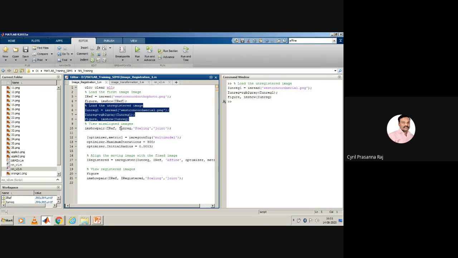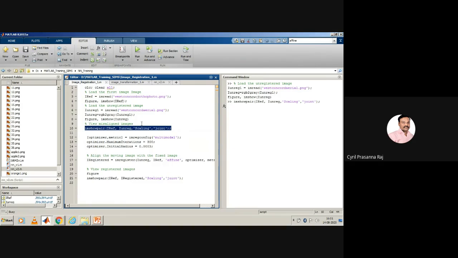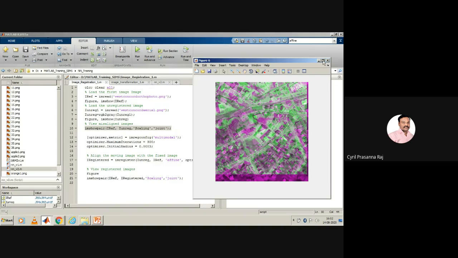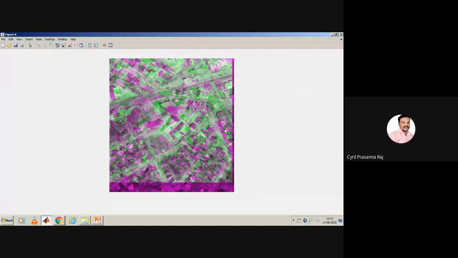There is a function in MATLAB called imshowpair. I'm running this. The reference is the first image, the unregistered is the second image, and we are trying to display both images. If we display both, you see there is some kind of disturbance. The two images have been superimposed. One image has a road here, the other image has a road there. The intersection is here, and in the other it is somewhere else. The building is here, and the building is somewhere there. So there is misalignment of these images, and we need to perform the process called registration.